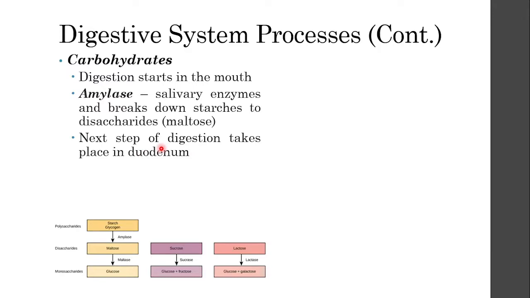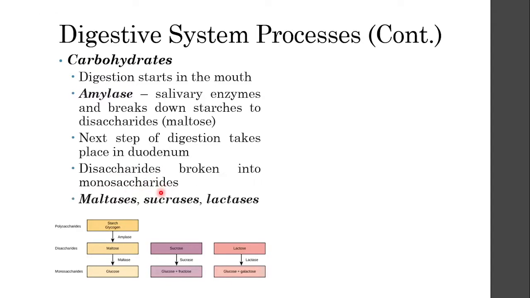that is when you will find a lot of enzymes again, more specifically the pancreatic enzymes, the liver enzymes, and the gallbladder enzymes. And these enzymes can start to break down the disaccharides into monosaccharides. And the enzymes that you will find in there are called the maltases, sucrases, and the lactases. Maltases are enzymes that break down maltose into glucose.